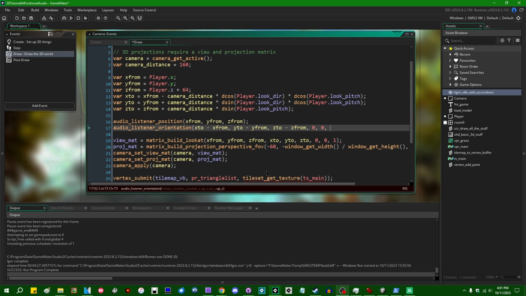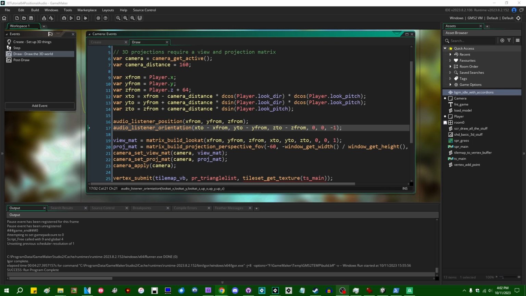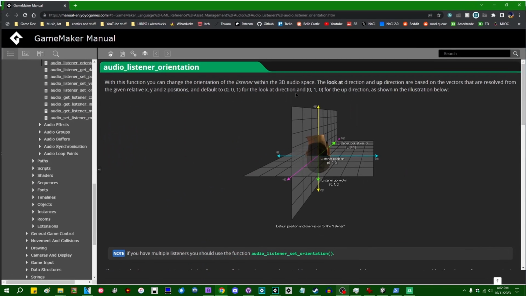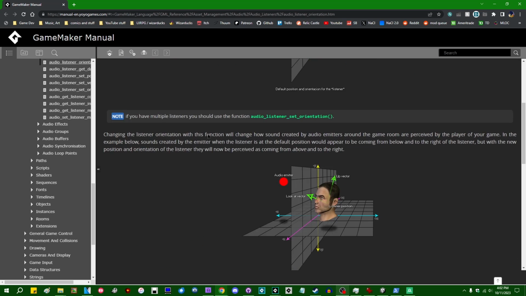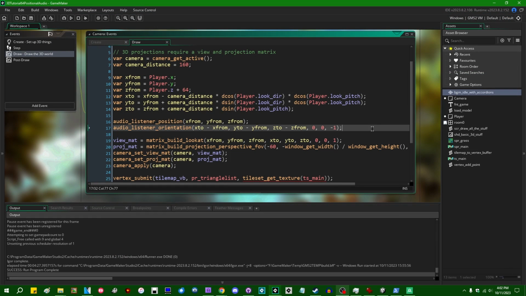And I'm pretty sure this is just another one of those GameMaker things. GameMaker's audio listeners are default oriented upside down. It's a little bit silly. If you go into the manual for the page on audio listener orientation, you can find perhaps the funniest image in the entire GameMaker manual, this disembodied head that's just upside down in a coordinate grid. It's like that so the positive y and negative y are aligned with the default coordinate system of GameMaker's